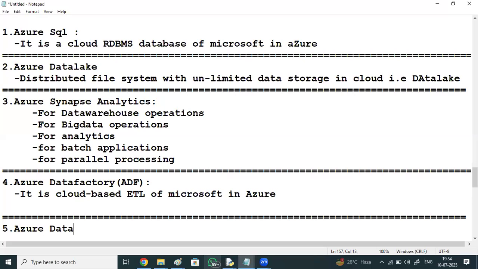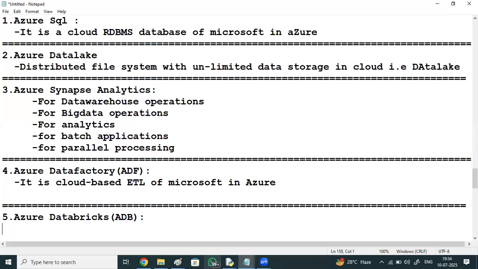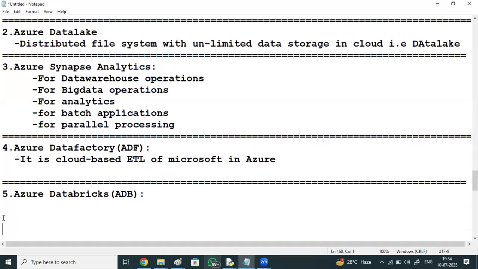Azure Databricks. In a simple way, Azure Databricks is a fast data analytics platform.